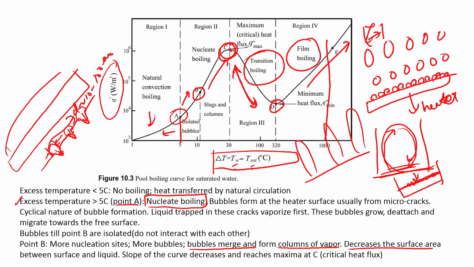Initially you have no boiling, then you start having isolated bubbles, then you actually start having slugs and columns that go up. Here the heat flux becomes maximum. Then you have something called a transition case, in which there is a vapor film that actually forms over the surface, but that vapor film is unstable. So, it is an on and off kind of vapor film. You get to a situation when you actually have a stable vapor film, that is called the Leidenfrost limit, and then you slowly have this increase in the